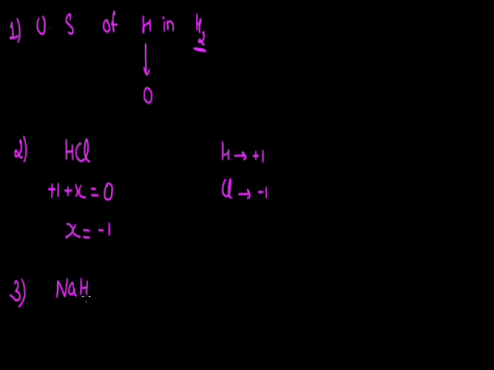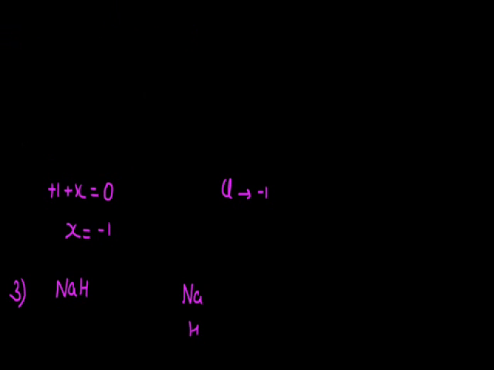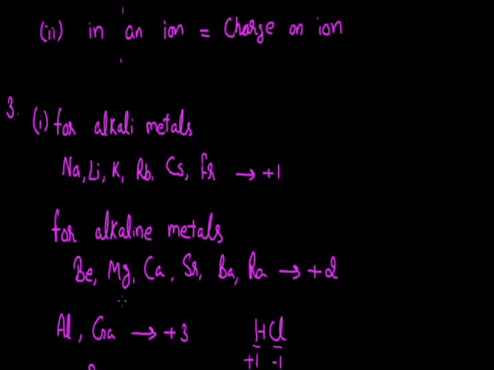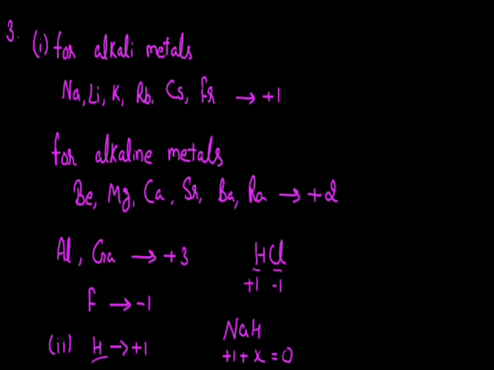So if I talk about NaH, here again sodium and hydrogen, the general oxidation states of these two elements are well known to us. But whose oxidation state we are to put here depends on the priority of these two elements. This table gives us the oxidation state of every element, but in decreasing order of priority. Since sodium is coming at the topmost position, its oxidation state we will be using here, that is +1, and the oxidation state of hydrogen will depend on the oxidation state of sodium.